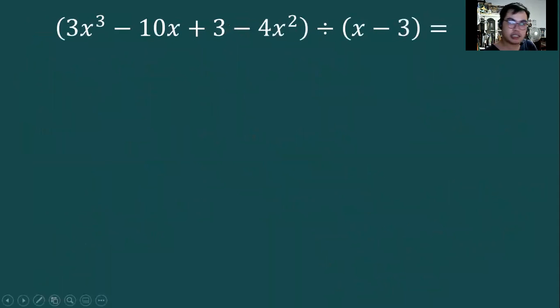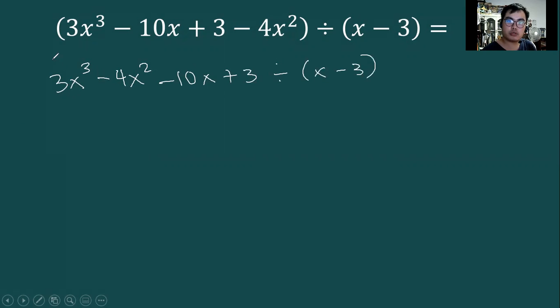Okay, so next. Now, using the same procedure by arranging like what we did in the previous example, we are going to look for the value of x for this value here. So we have the divisor x minus 3, right? So we're going to copy the number of the divisor. Since this was minus, then this will be positive. So what we are going to do is write all the numerical coefficients.